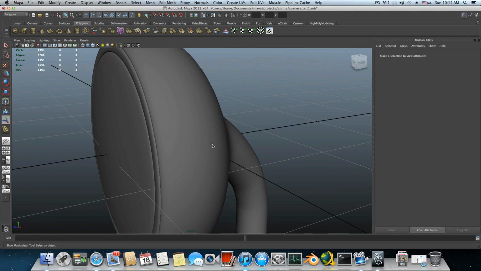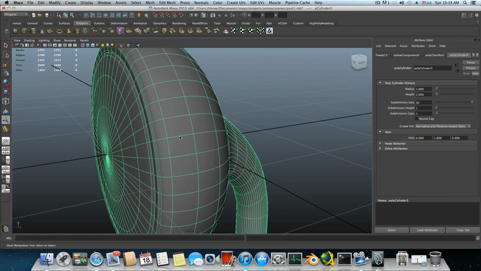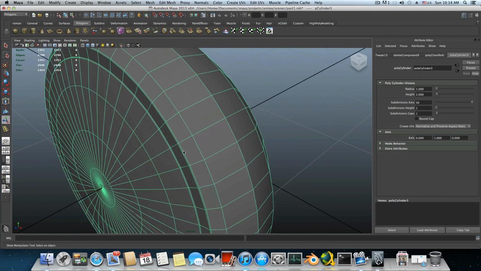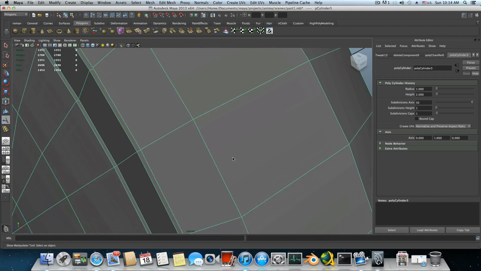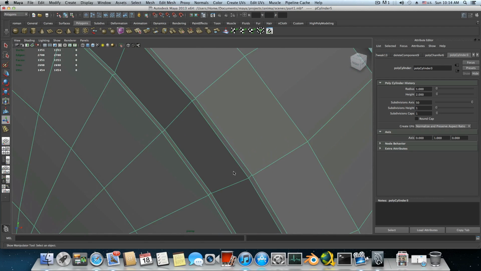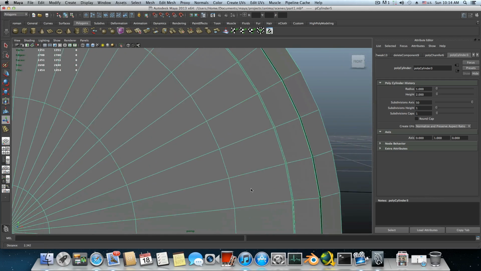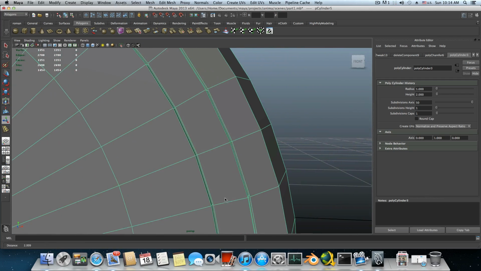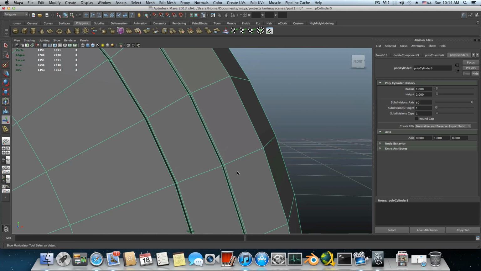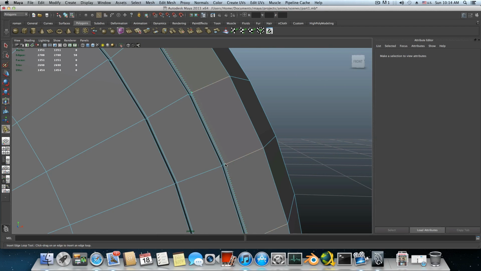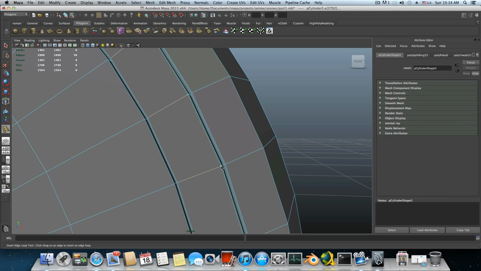Okay, so the way we are going to do this is first of all bring it back to non-smooth preview mode by tapping on 1, and here where it's starting, where I can barely see it because it's very tiny, hold down the shift, right click, insert edge loop. We will add one more edge loop here, one more supporting edge loop here, one more edge loop here, one more edge loop here,